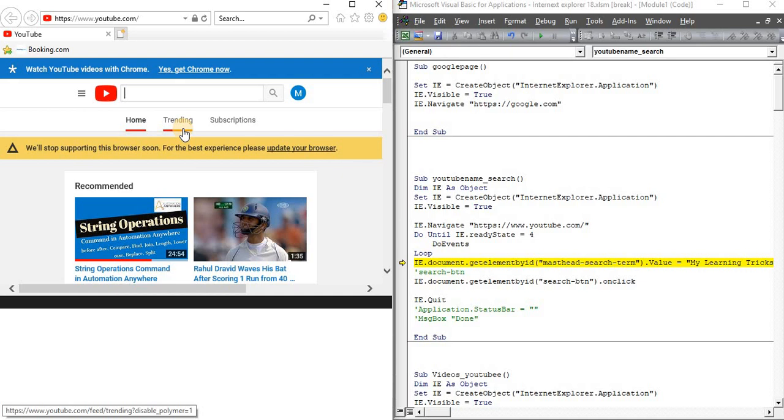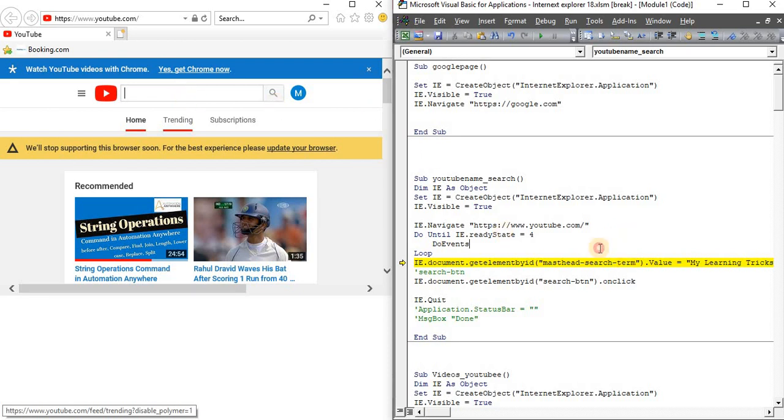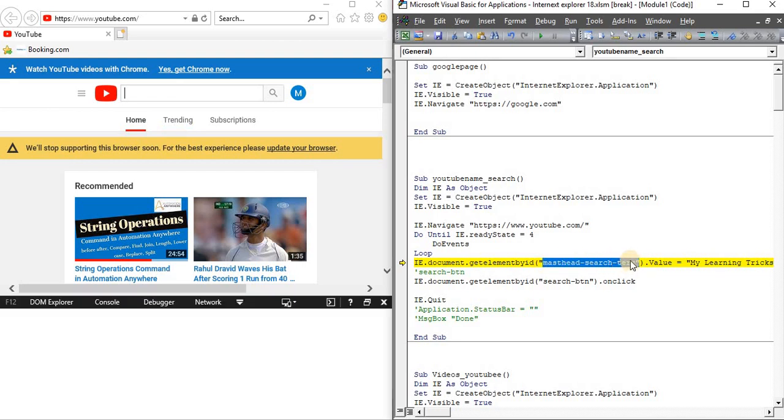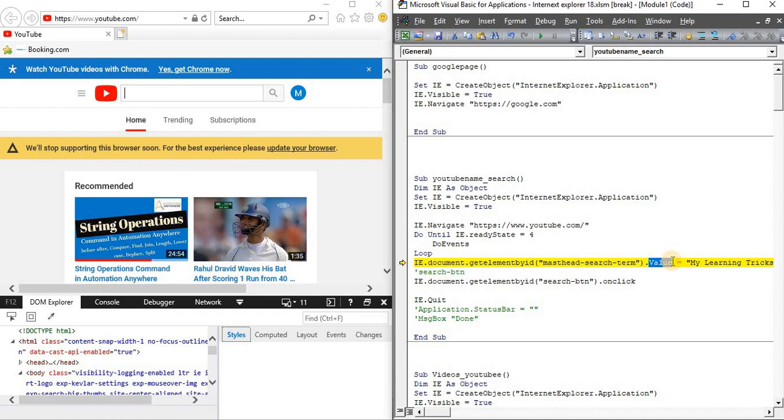Each and every object has a separate ID. You can use the ID or the name or anything. Let me show you. In the inspect element, it will give you the exact object name. So using this object, you can update the details directly. For this particular text box, the ID is the most hit search item. This is the ID for this particular text box. And .Value, like in the range we have provided, Range A3.Value. So here you can consider this is the range.